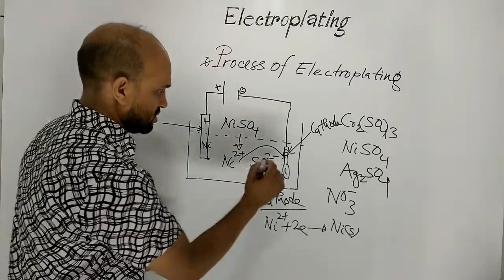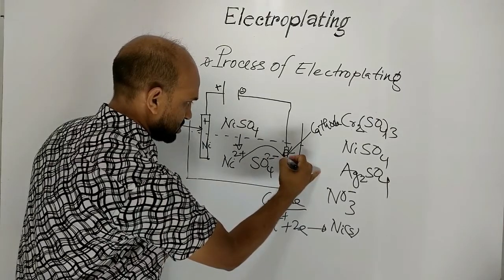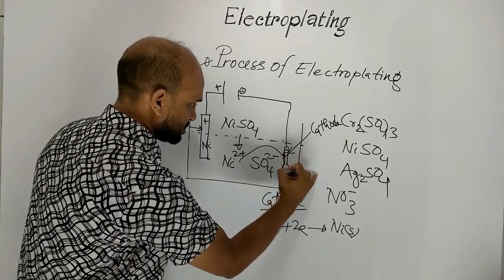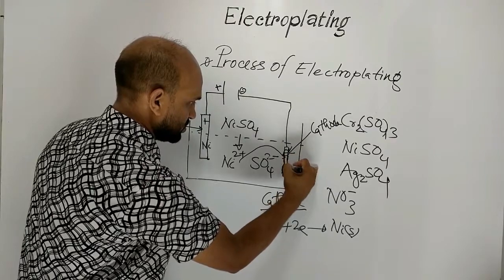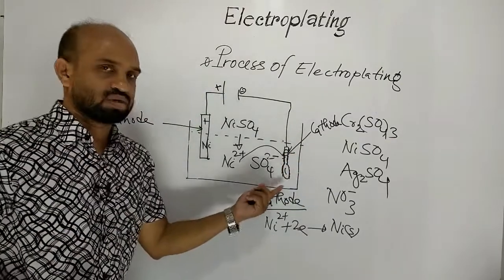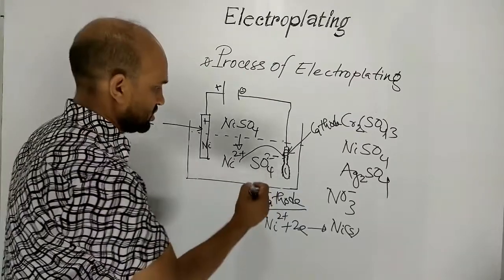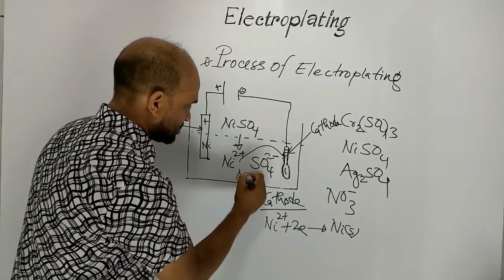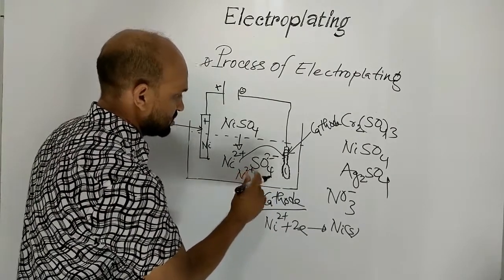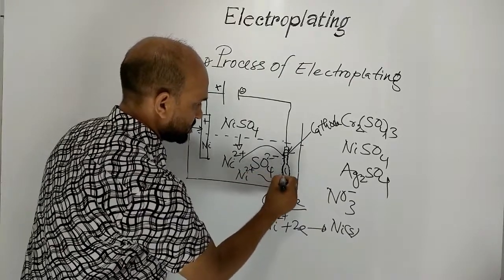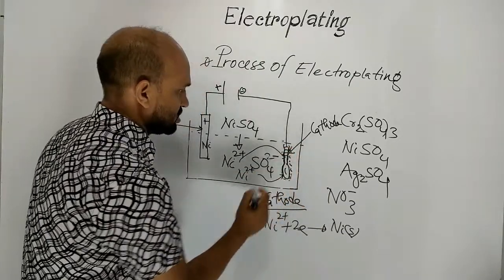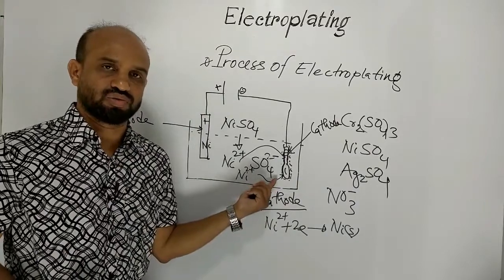That is, nickel is deposited on the surface of the spoon with the passage of time. This is the way nickel present here deposits on the surface of the spoon, but